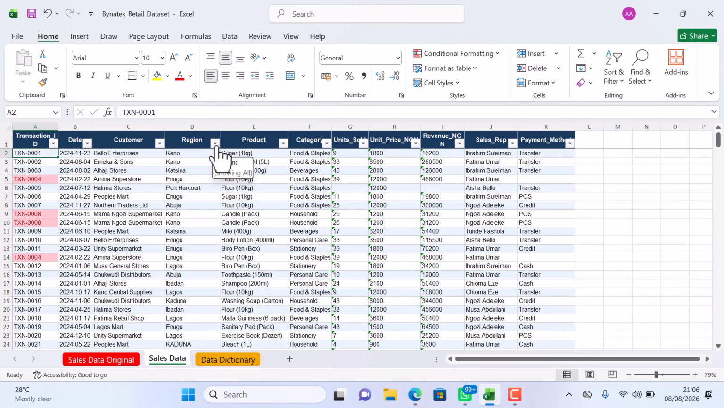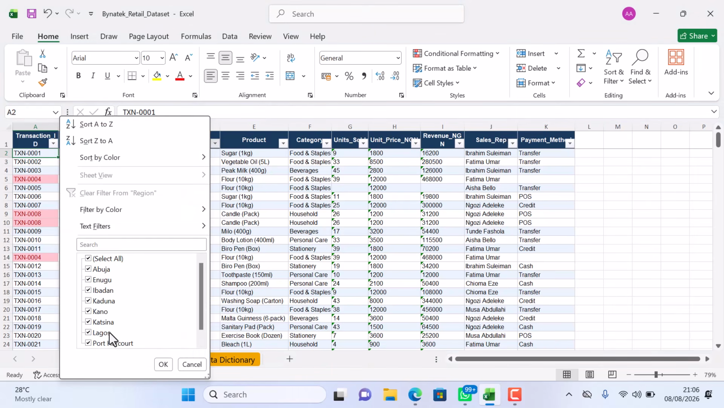For instance, in this particular region, you can see that you have all the states. It's supposed to be unique entries of every particular state here. But you would find that